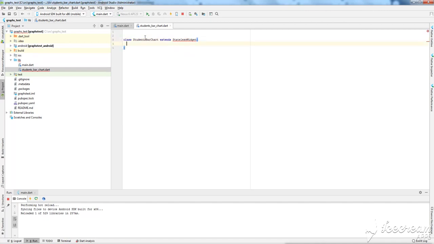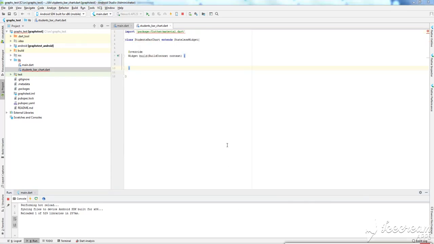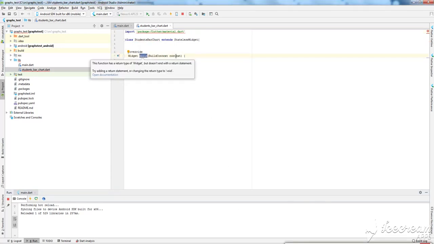That's it. And we can import material dot up here. And then we click here, or we create a widget build method inside this class. And of course now we need our charts